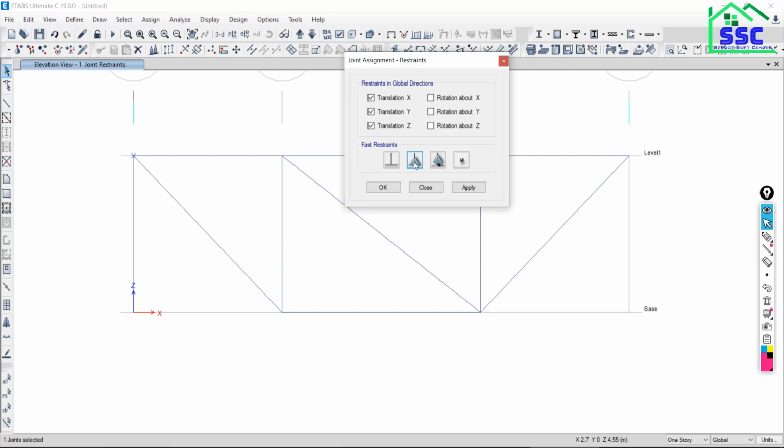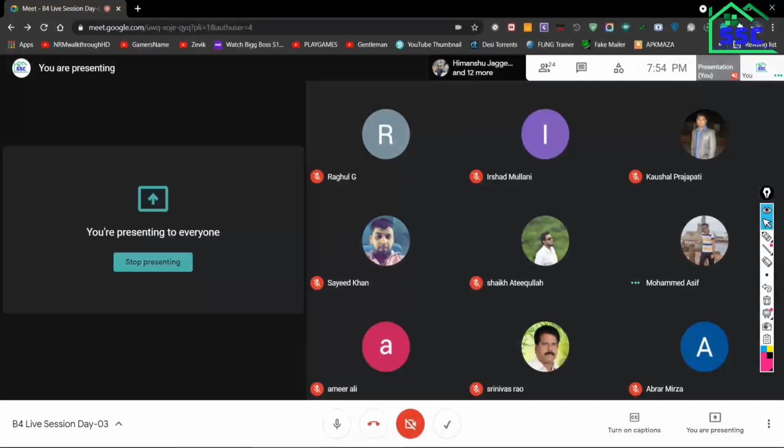So in a hinge support, the translation in X, translation in Y, and translation in Z, all the translational movements are restrained. I hope you are well aware of the definition of all of these supports. Am I correct? You are all aware of the supports. Yes, sir. It's a very basic thing.